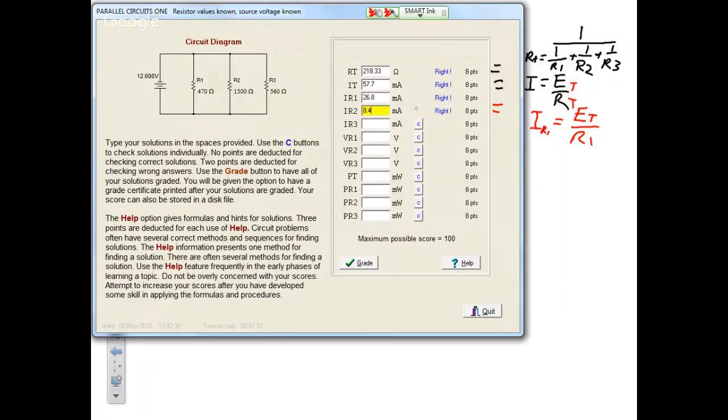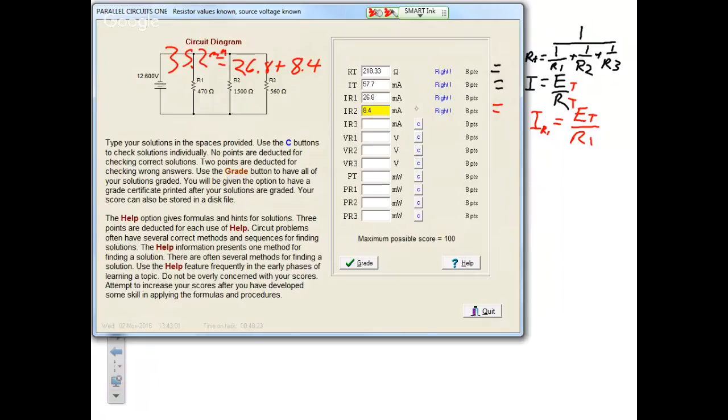So let's take 26.8 plus 8.4 milliamps, which equals